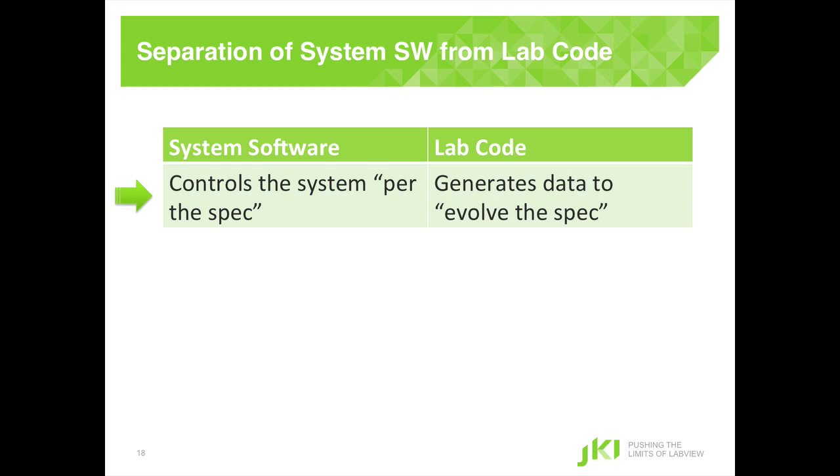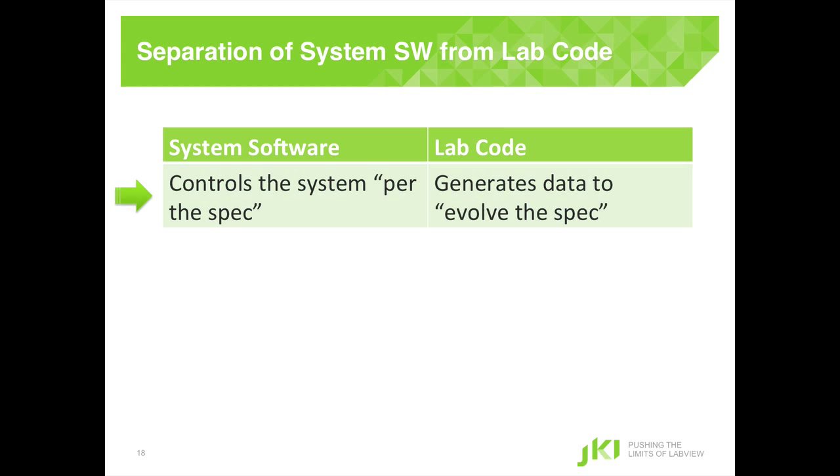And so I like to think of system software as the stuff that controls the system, per the specification, whereas lab code is used to generate data to evolve the specification. People are in the lab to acquire, analyze, present, automate, measure, verify. They're trying to get their mechanical design, their optics design, their chemistry, all this stuff down so that they can